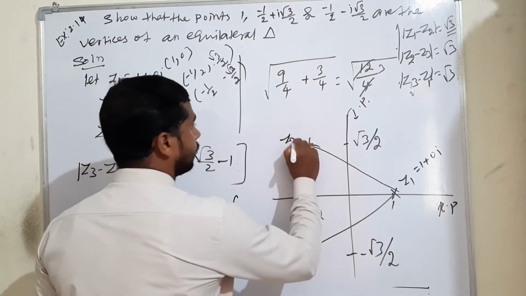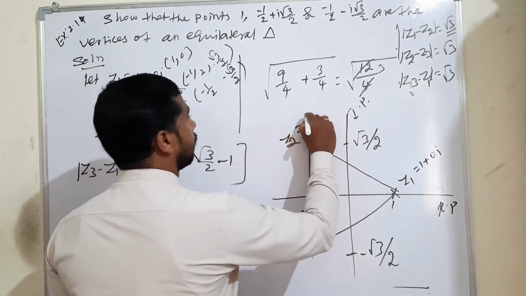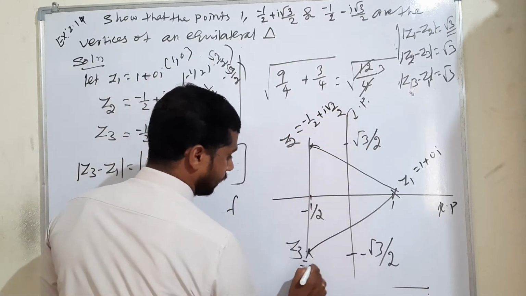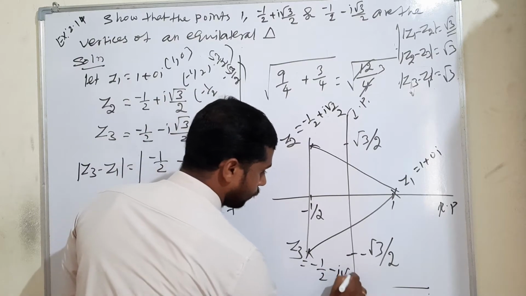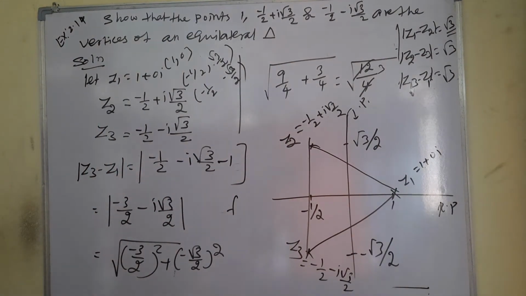This is Z2, this is called Z3. So, Z2 is equal to minus 1 by 2 plus i root 3 by 2. Z3 is equal to minus 1 by 2 minus i root 3 by 2. Therefore,